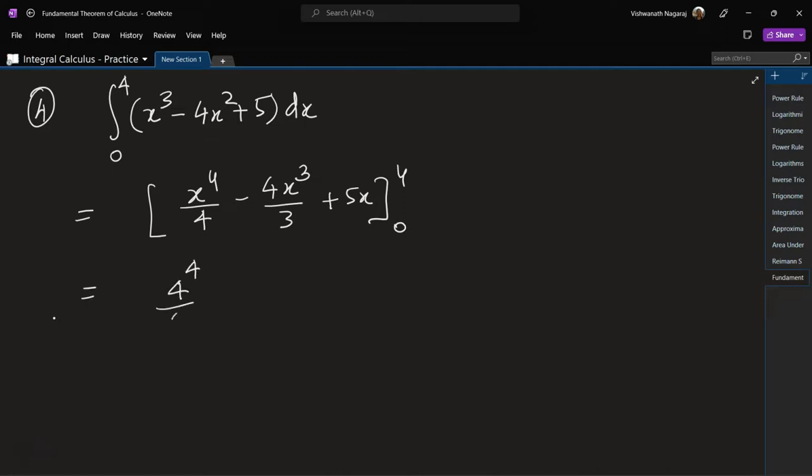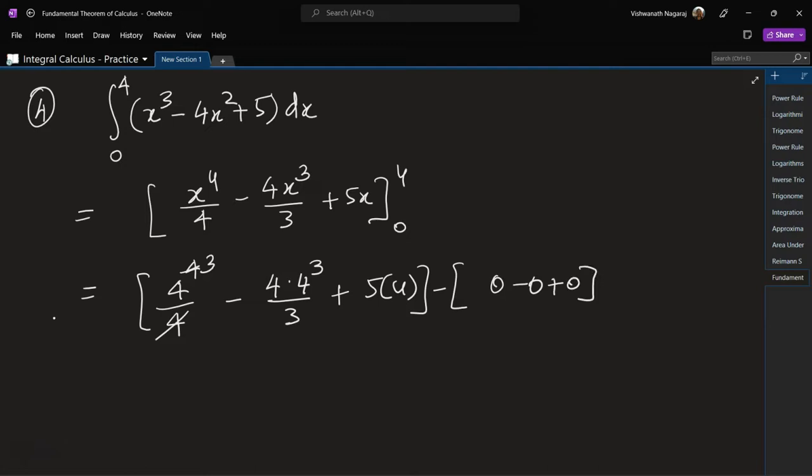4 to the power of 4 by 4. So this and this cancel and only 3 is left. Minus 4 times 4 cube by 3 plus 5 times 4. Minus, this would be 0 minus 0 plus 0, which gives us 4 to the power of 3, that is 64, minus, again this is going to be 4 to the power of 4 is 128 by 3 plus 20, which gives us